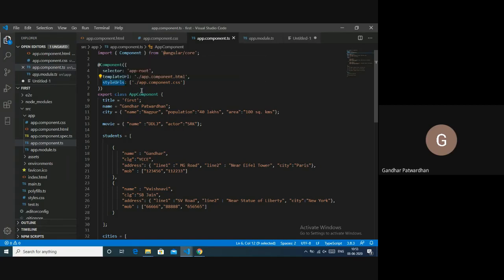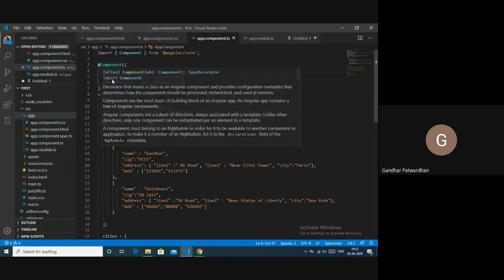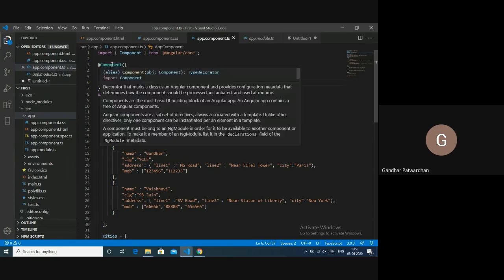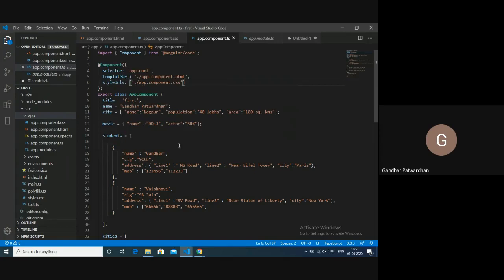Keep this in mind. You can have multiple CSS files inside this app itself. Just in case you want to, you can have them comma separated like this. You can always use that, but I haven't used it ever. Generally it is not required, but you can always use it. So these are the three keys which are passed on to this @Component decorator, which you also call an annotation.